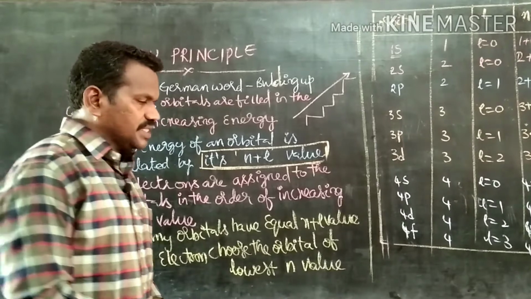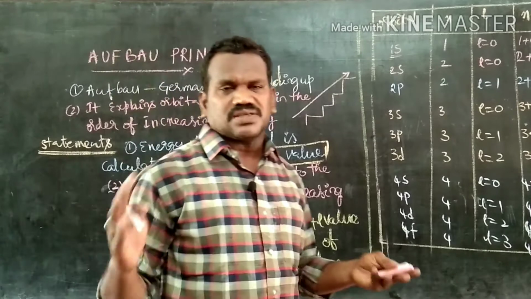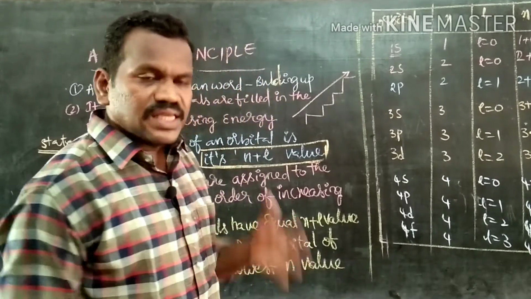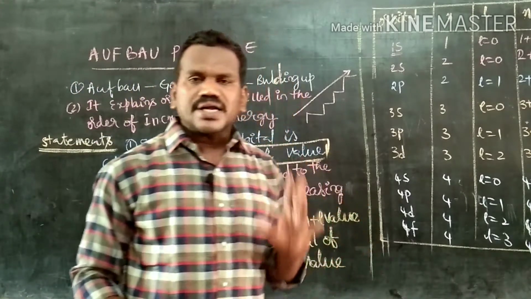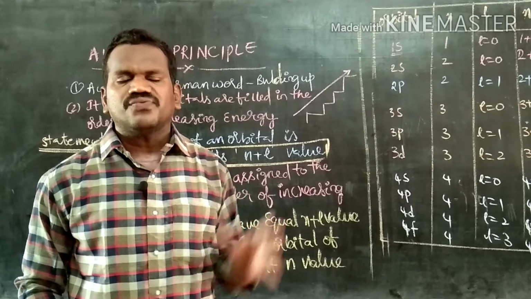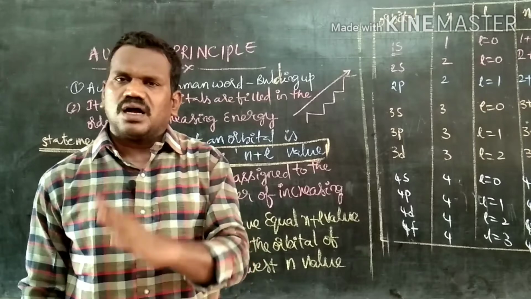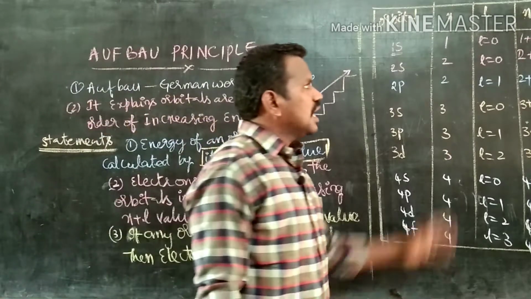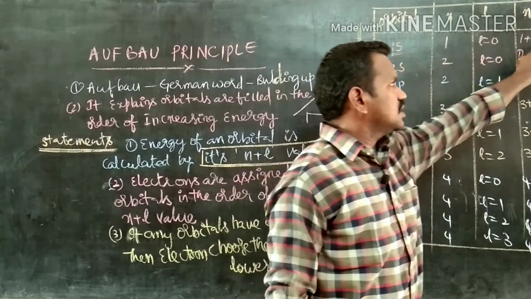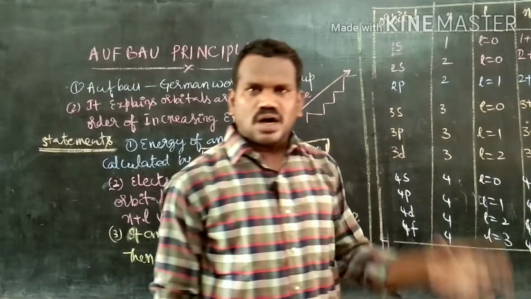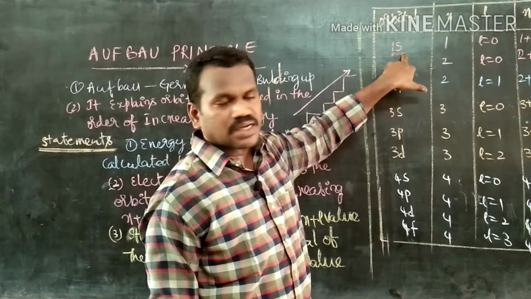That means, for example, suppose there are a lot of electrons, say 6 or 7 electrons. All these electrons first try to occupy the orbital of lowest energy. As per this, the lowest energy is for 1s. Why? Because here it represents only one quanta. So all the electrons try to occupy the 1s orbital first.